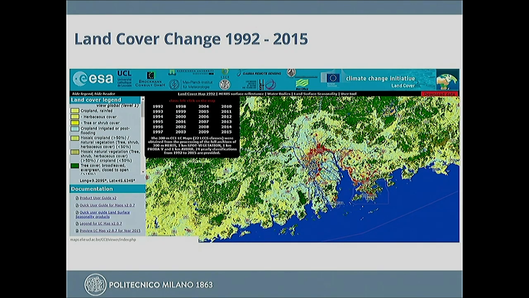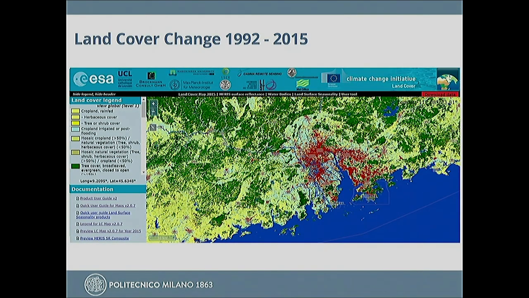This is the situation in 1992, and this is the situation in 2015. So you see immediately how much more red you can see in this map. So how the urbanization has increased in these 20 years. If you want to play with the WebGIS that is available, you can do the same also for your city